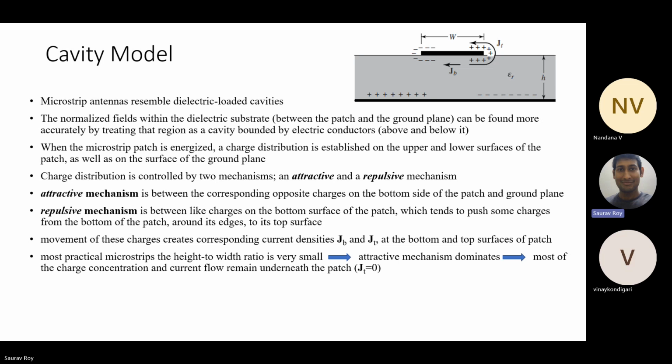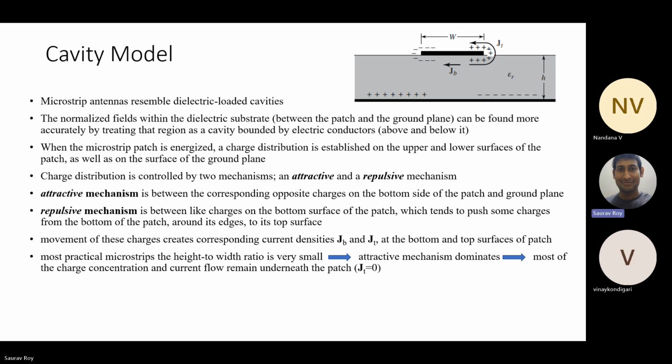One is attractive and another is repulsive. What are these two? Let's see. The attractive mechanism is between the corresponding opposite charges. Obviously, only opposite charges attract each other. Between the opposite charges, plus and minus, they attract each other,